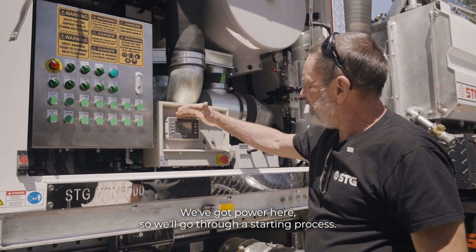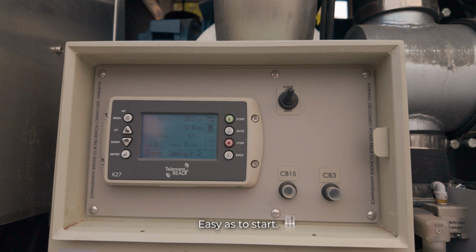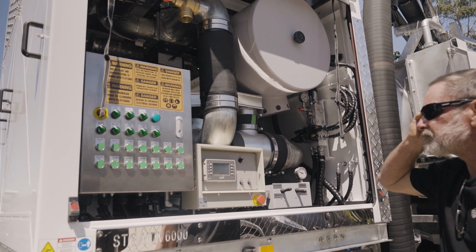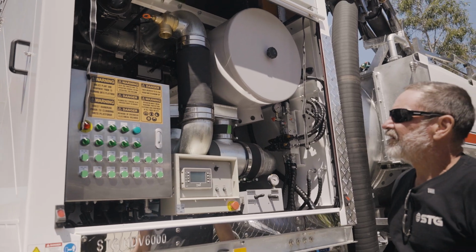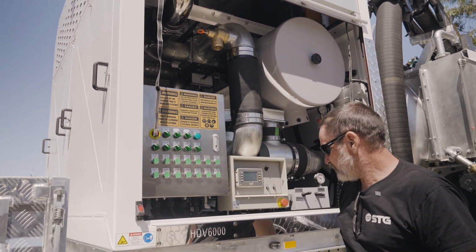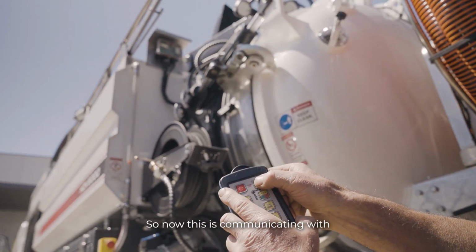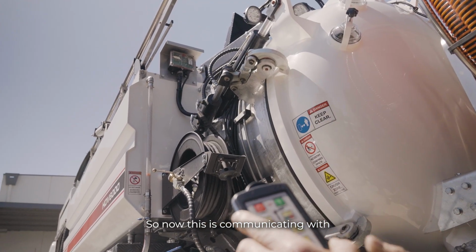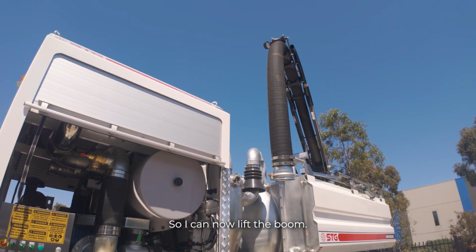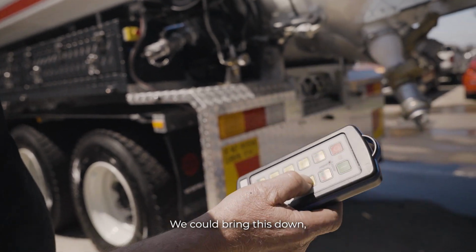E-stops, we've got power here, so we'll go through a starting process. Like I said, we need to have this one on. Have a look up at the receiver. See, the light's on. So now this is communicating with this handheld. So I can now lift the boom. We could bring this down, and then we could